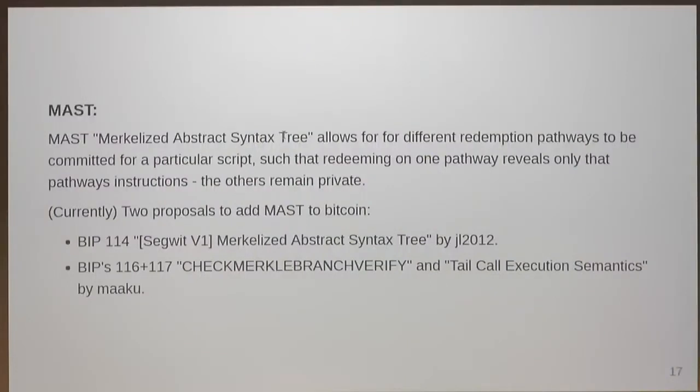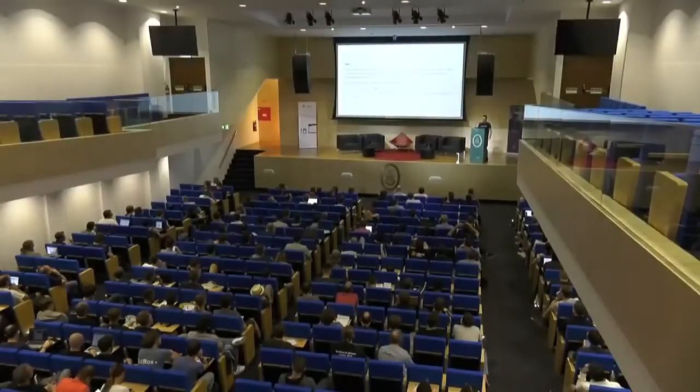The thing that actually got me to consider this problem in the first place was looking at some of the MAST BIPs. Merkleized abstract syntax tree allows you to take large scripts with multiple redeem conditions and flatten them out so that when you're redeeming one, the details of the other scripts remain private. There are currently 2 proposals to add MAST to Bitcoin. What I found interesting was that if you were to take a legacy script and try to convert that into its MAST equivalent,